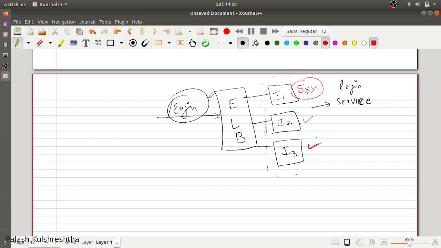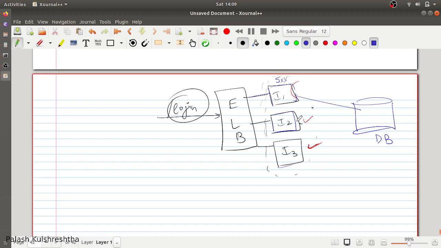So let's say in this case, login API is coming to the ELB, and through the ELB it is being routed to I1, I2 and I3. And this login service API is being served by a single database, DB, and all these instances are querying the database and saving data in the database. This is the 5xx node which was giving 5xx.